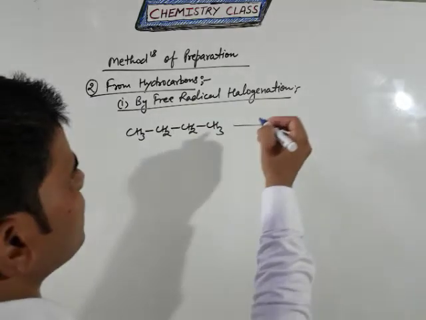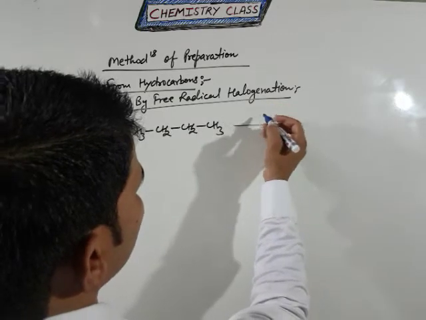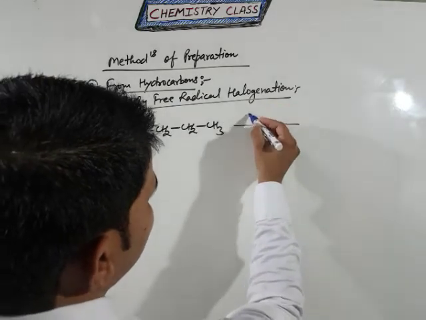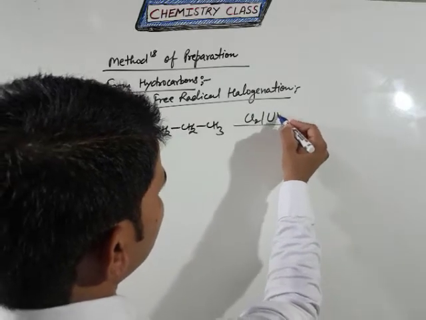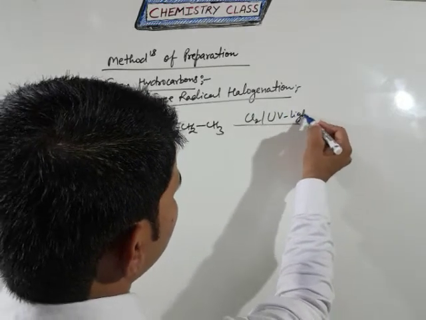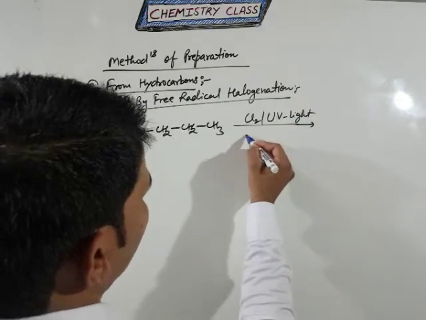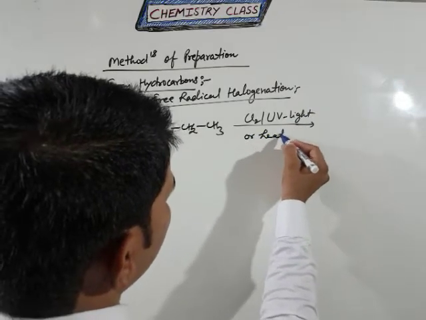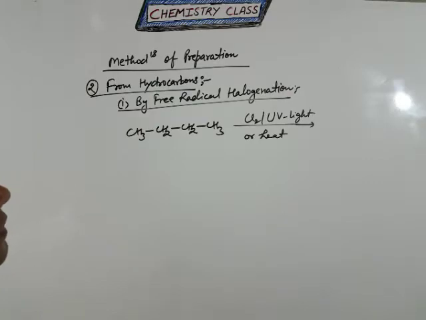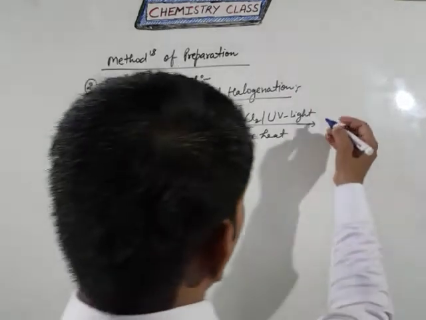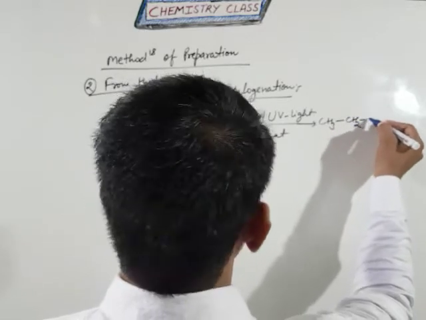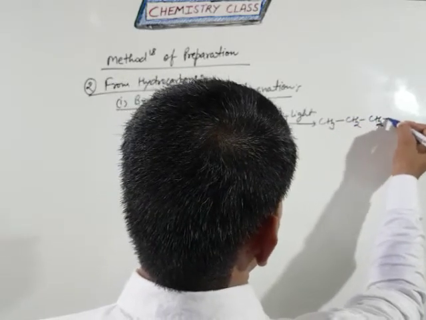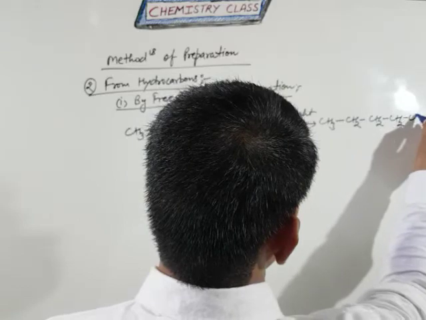If the hydrocarbon reacts with a halogen, like Cl2, under UV light, meaning ultraviolet light or heat, clear? In this case you will get the product like CH3-CH2-CH2-CH2Cl,